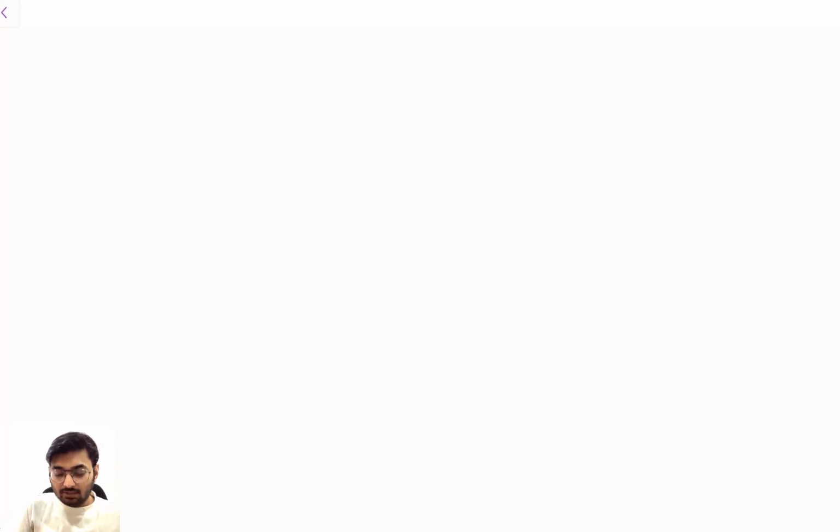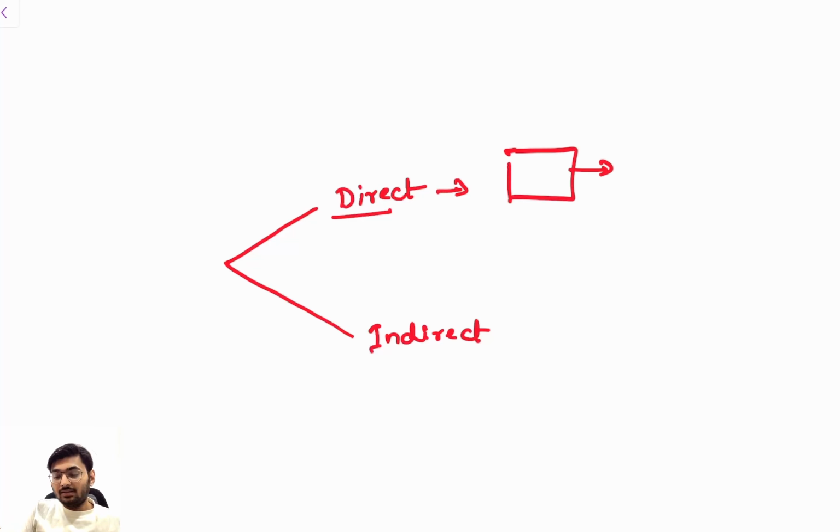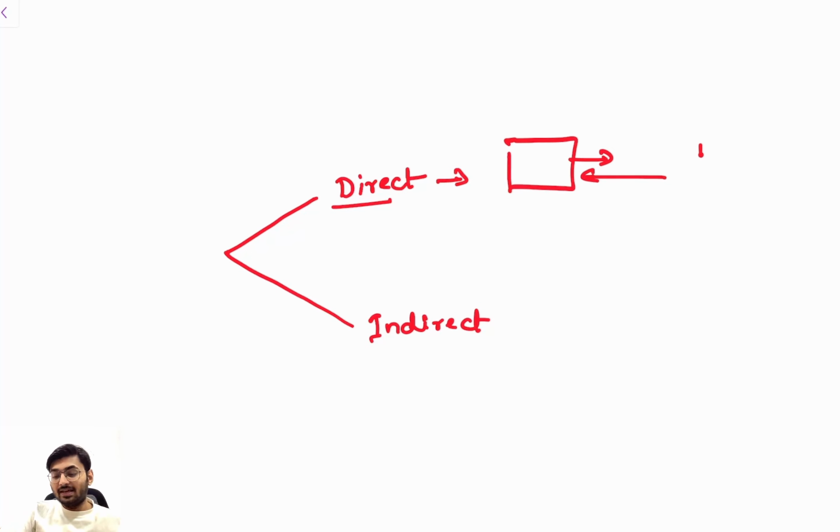So when I say investment, it is possible in two ways. One is direct and another one is indirect. Clear? Now when I say direct, it means you can invest on your own. Just like you will install their app, put your money and buy the cryptocurrency, and there will be a wallet in which it will be stored. Clear? Now what are those apps?